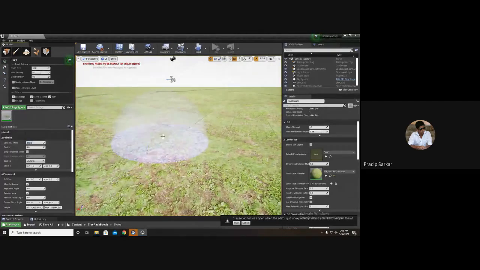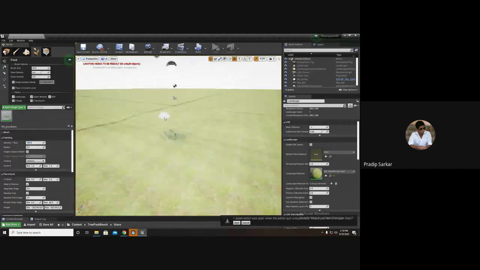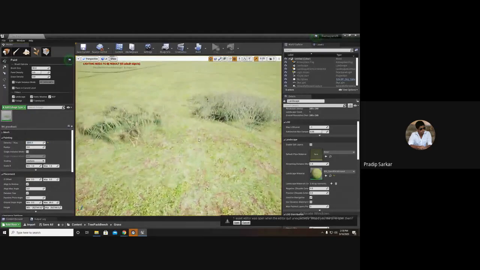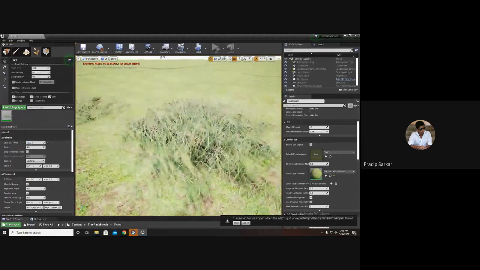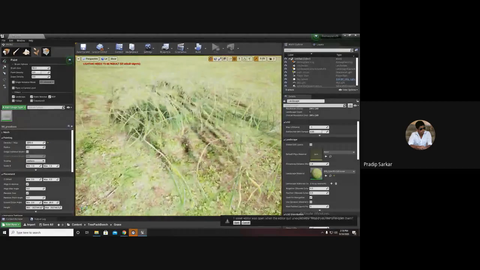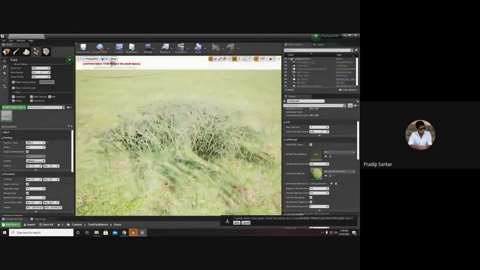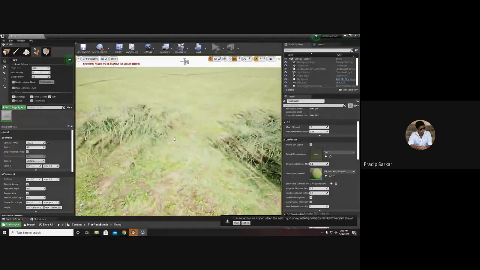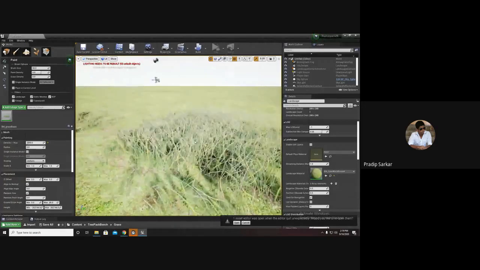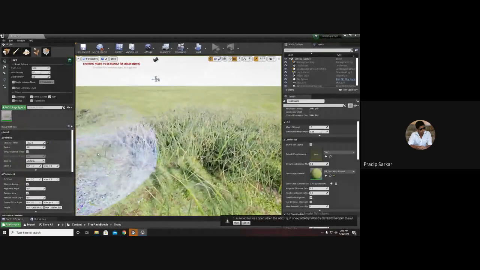It is 100. If it is 100, see, it has given me this much density. If I change this to 1000, it will give me more density. This is 100 density. This is 1000 density. So according to the need, I can change the density.